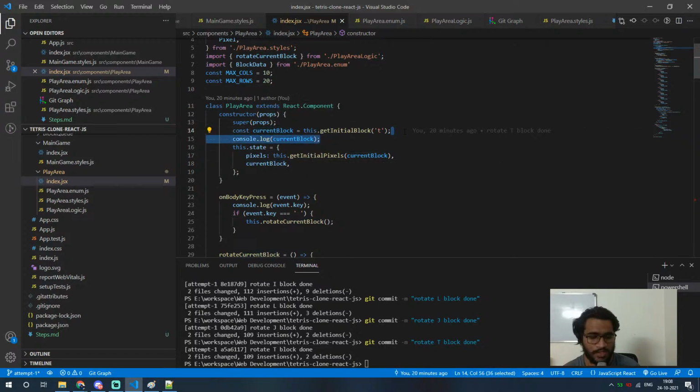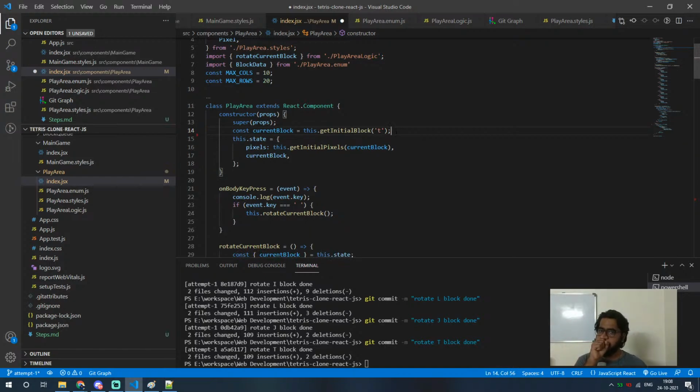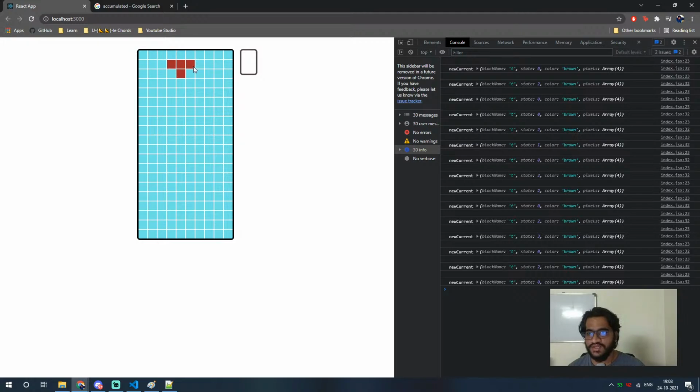So whenever a new current block is created, it would set off a set interval, and that set interval would increase the x values of all the pixels by 1,